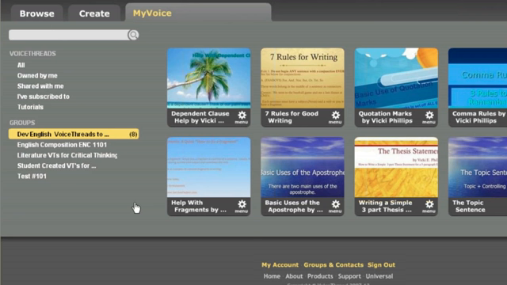VoiceThread is a media holder. It holds a variety of different types of media, and so you can definitely upload video clips into a VoiceThread. There are parameters that you need to respect with regards to the size of the file. If you have a higher ed educator account, I believe the limit on that file size is 100 megabytes. So it's a pretty big file size, but that can come into play if you're uploading a video clip. But it's not integrated with YouTube. So in other words, you can't just link out to YouTube. It doesn't work that way. You need to basically have that video file saved to your computer's hard drive and upload it that way.